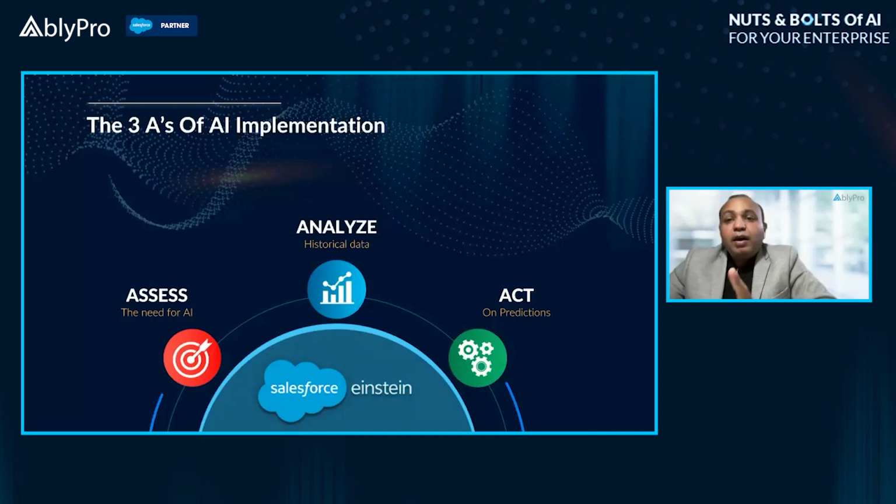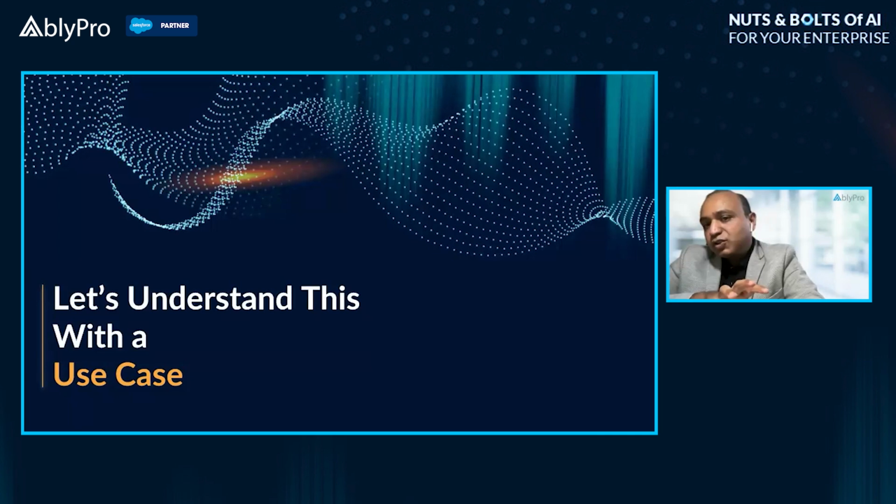And we related this with the story of a ship. You consider your ship as an enterprise, and you as the captain of the ship, as an enterprise leader, and how you actually navigate the ship. In a similar way, you have to navigate your organization and start understanding what AI stands for. So you should have a lot of questions when someone comes to you and says please buy AI. You should have understood those three A's through that ship story, on why we need AI and what the three A's of AI implementation are.